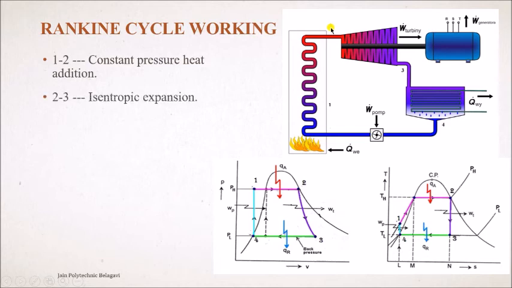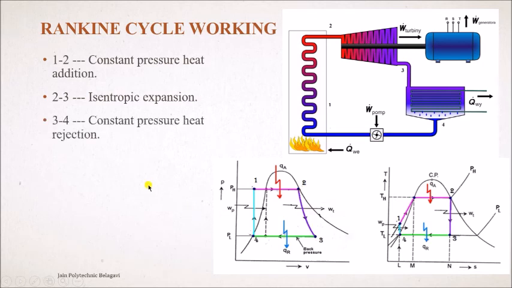Now the superheated steam is fed to the turbine. That is the second process, which we call the isentropic expansion process. You can see in the diagram, 2 to 3 is the isentropic expansion, where the expansion of the steam takes place. When the steam impacts the turbine blades, it starts rotating. The generator is coupled to the turbine, so simultaneously the generator starts rotating and electricity is produced. The steam coming out of the turbine is expanded, so it loses its pressure and temperature. That is the process 2 to 3.